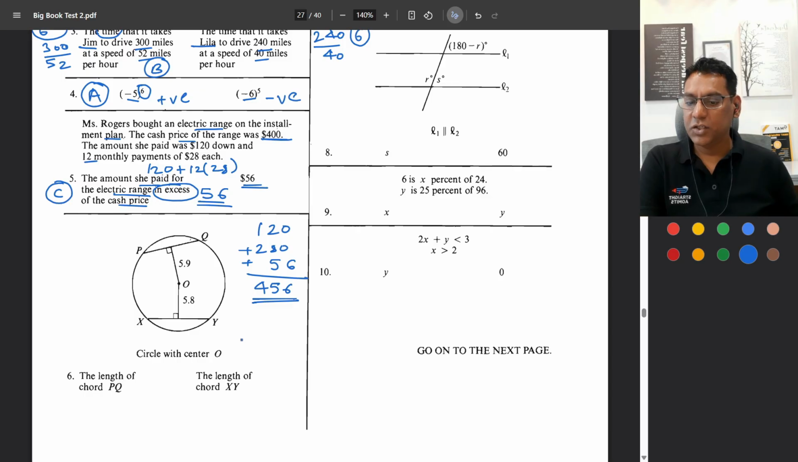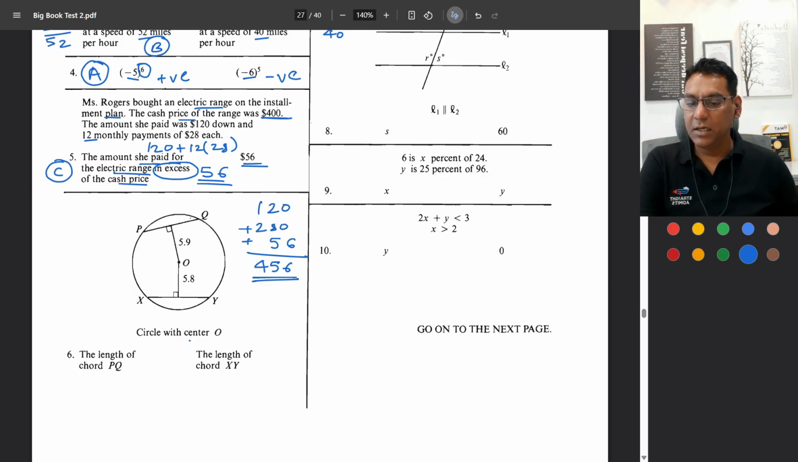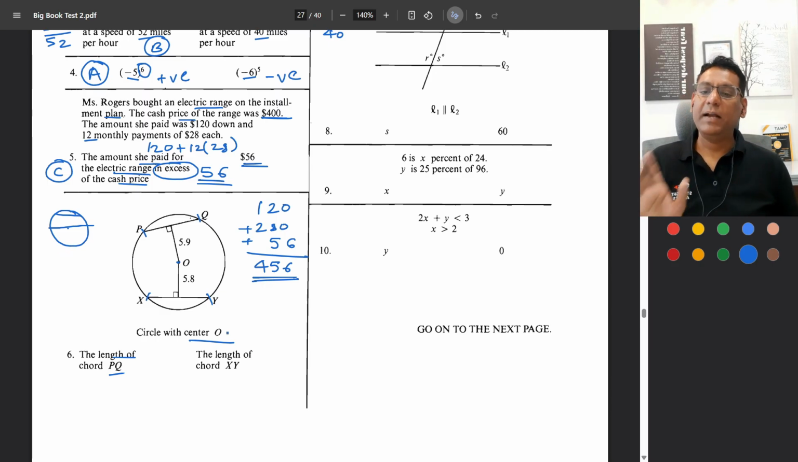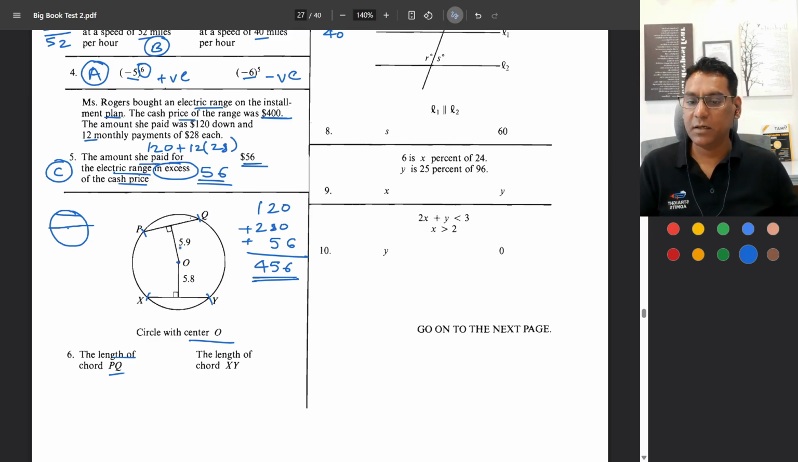Okay, let's look at this question number 6. Circle with center O. This is the origin of the circle. Length of chord PQ. So this chord, length of chord XY. This chord. Which chord is bigger? If you take a circle, the chord that is closer to the center, this chord is going to be bigger than this chord. Correct. So we have to find out which chord is farther from the center, and that is given. This is 5.9, this is 5.8. So 5.9 is farther from the origin. That means this chord is smaller,